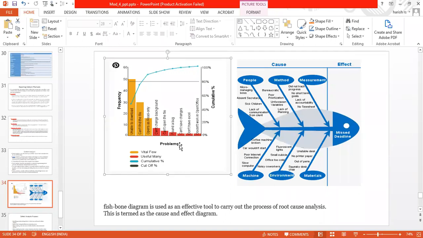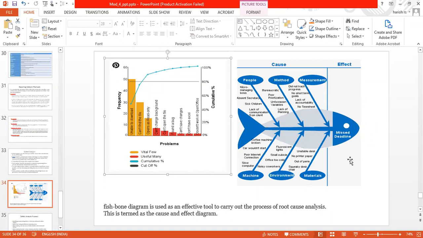Then poor connectivity, slow computer, those machines can be the causes. Then environment: the office is very far, very cold, noisy, pollution, noise in the background. In online classes, when you open your mic to speak to me, we say noisy area. Such things will happen because of the environment. Then materials: pen out of stock. When you're planning to write, there will be no stock. So there can be various reasons for this.